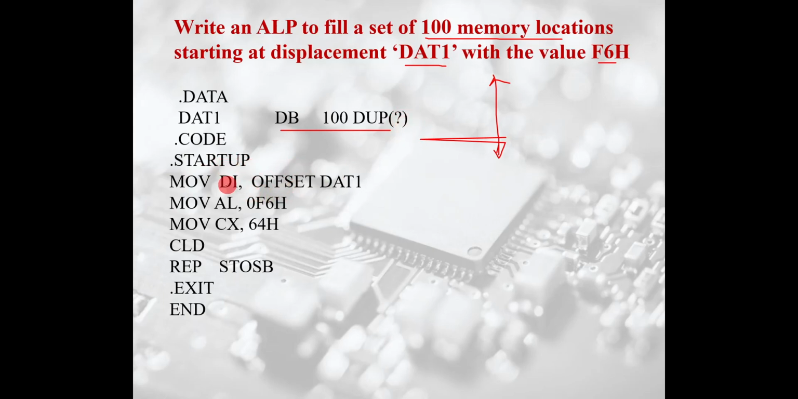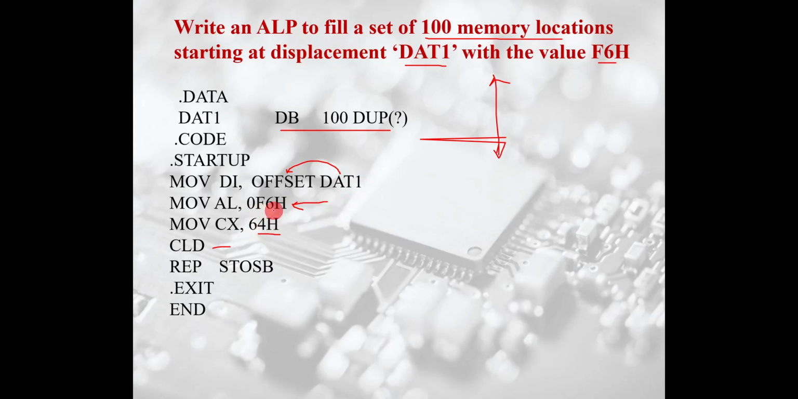Now I write start. MOV DI, OFFSET DAT1, so that the offset of DAT1 has been brought to DI, and I want to write this data into each and every location. So into AL I get this data, and in CX I load 64, which is 100. And I write a CLD, and then I write a REP. So first, in the first location whose offset is given by DAT1, the value F6